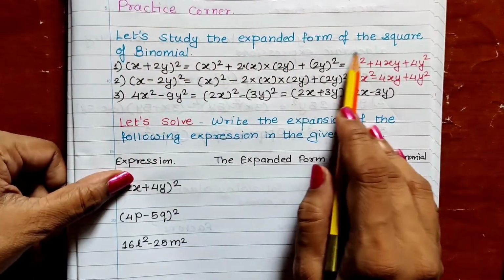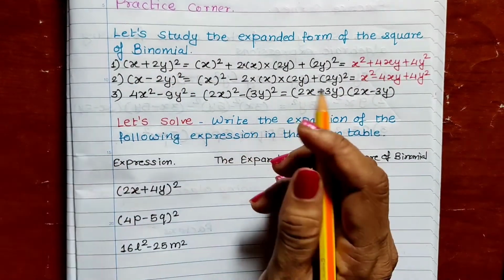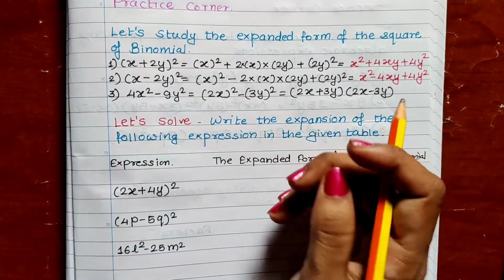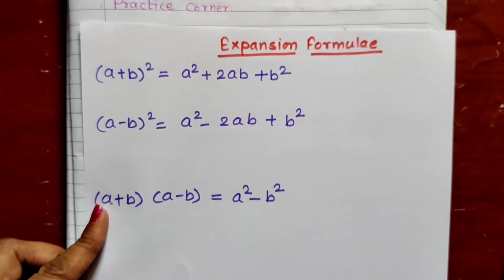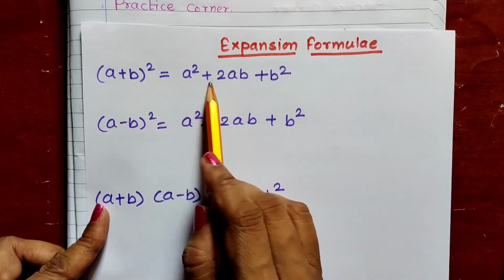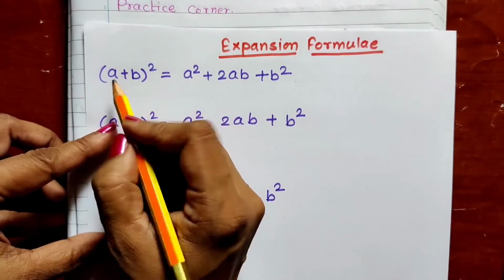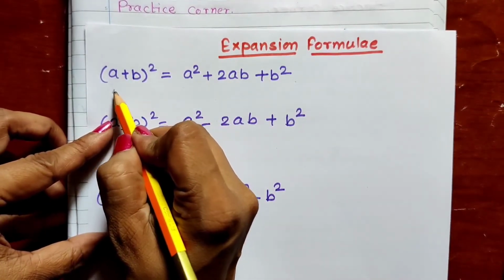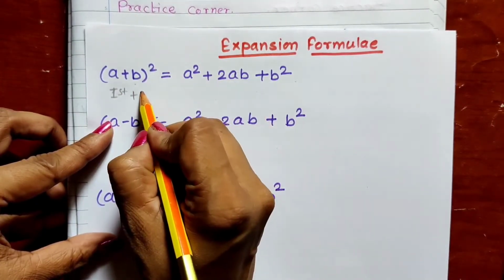Let us study the expanded form of the square of a binomial. First it is (x plus 2y) whole square. Children, just now we have seen these three formulae. I will be showing you these three formulae. See here. The first formula which we have seen is (a plus b) whole square is equal to a square plus 2ab plus b square. That means if a is taken as the first term, plus if b is taken as the second term,